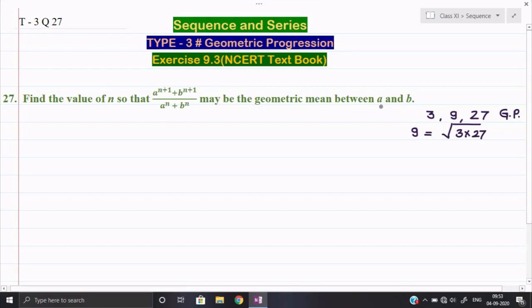So we can say that a and b are the first and third numbers and this expression will be the middle number. We write it in the same manner: since (a^(n+1) + b^(n+1)) divided by (a^n + b^n) is the geometric mean